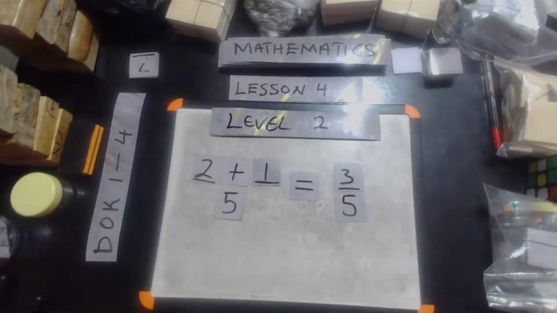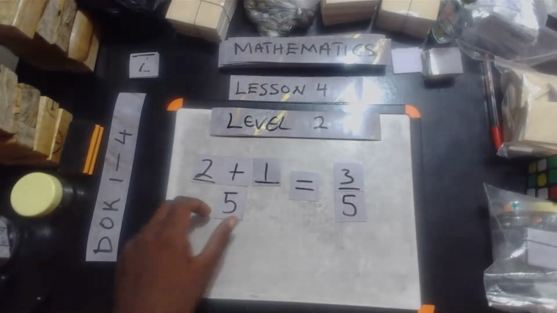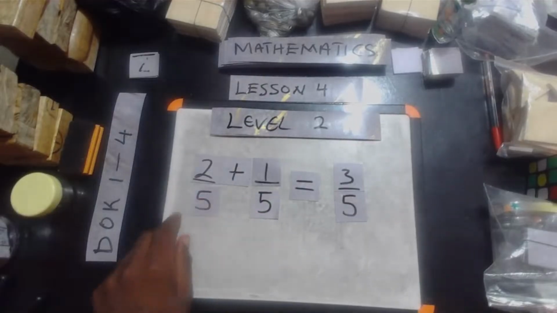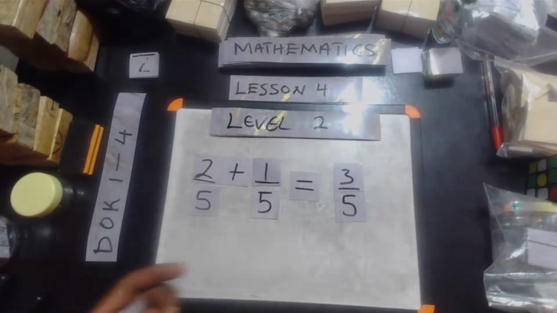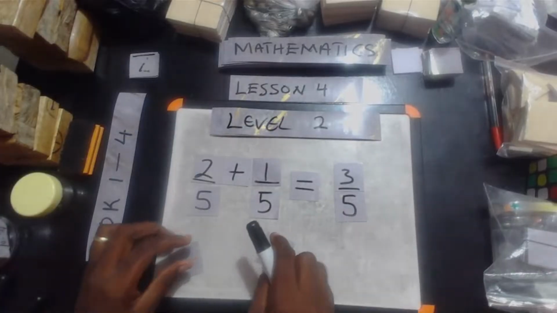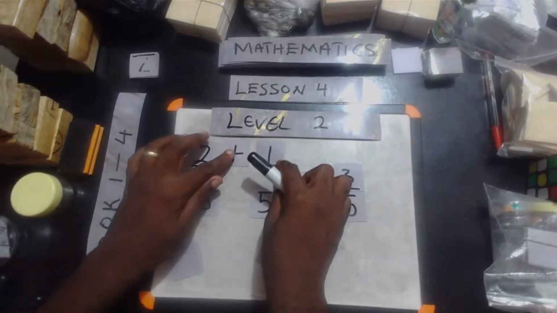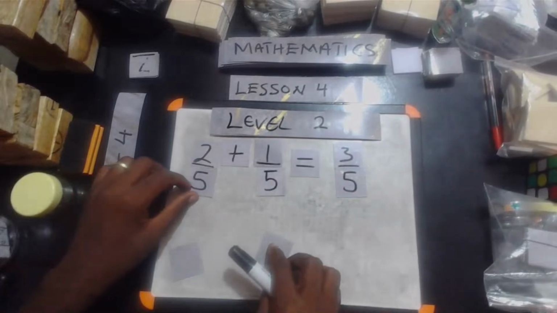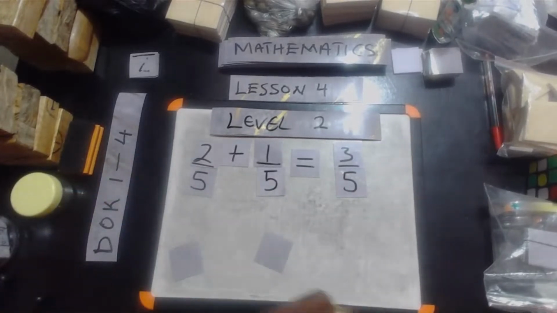Yes. So obviously, when the denominators are the same, you simply add the numerators and it gives us the answer. Now, what about if the denominators are not the same? Then that presents us with a challenge. So when the denominators are not the same,